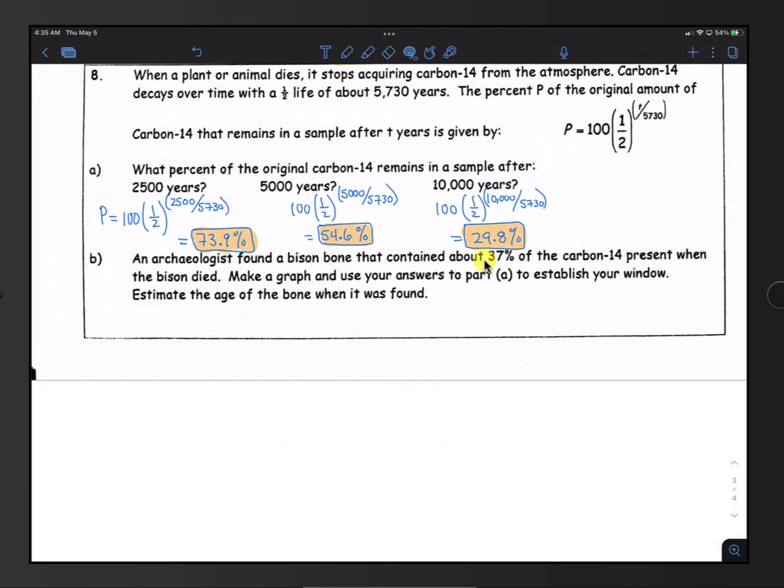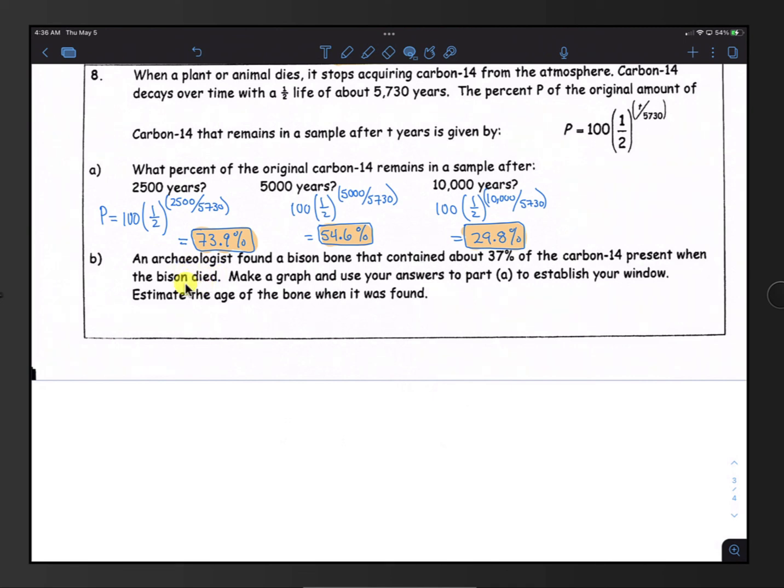Because at the time of death, the amount of carbon would have been 100%, as the equation here indicates. So I believe this 37% is how much was left when the bison was found,